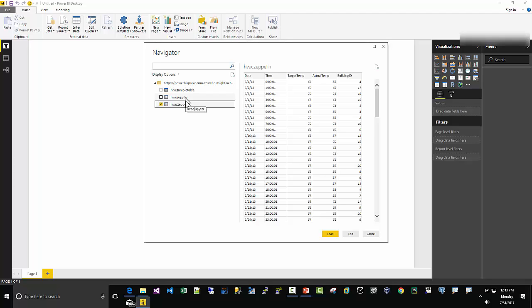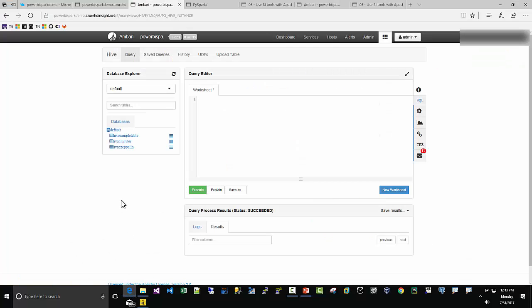Now, HVAC Jupyter and HVAC Zeppelin are entire tables. There are ways to filter data out here within Power BI. On the other hand, there's no way to write a SQL statement against that Hive table from within Power BI, at least the best that I know. So the way around that is to actually just create a view in Hive itself. So I'm going to go back to Hive here. And then I'm going to create a view. Create view. I will call this view